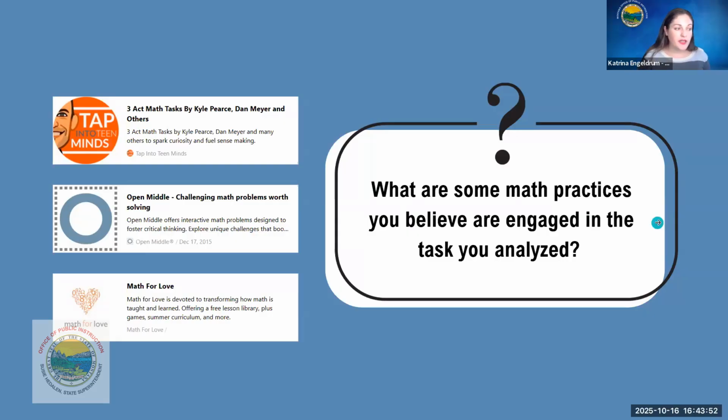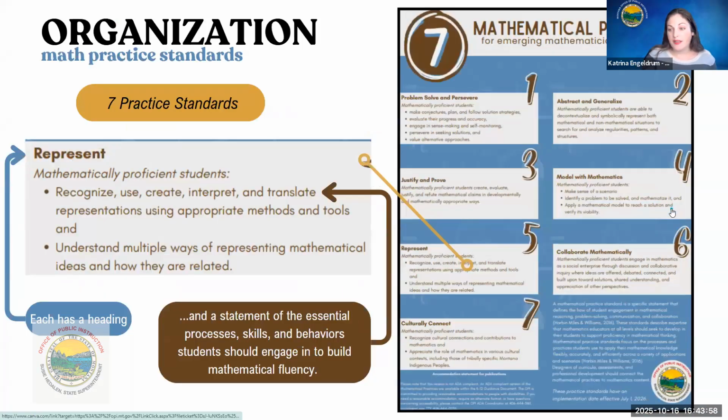So again, all of those are K-12 resources that are free, which I love, if you're looking for something to do next week with those kids. So we're going to move into the meat and potatoes of these math practices. We've looked at the big picture, and now we're funneling down to understanding the specific language in them and then how we're going to use those in our classroom.